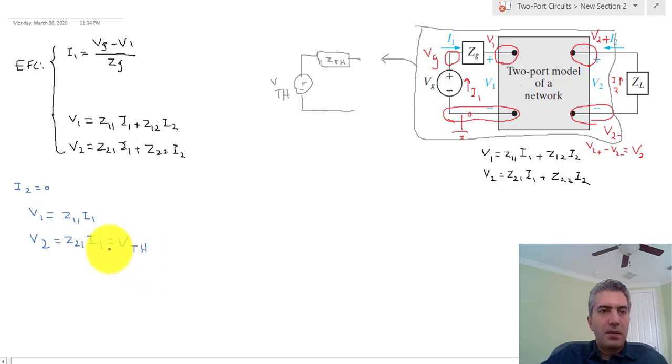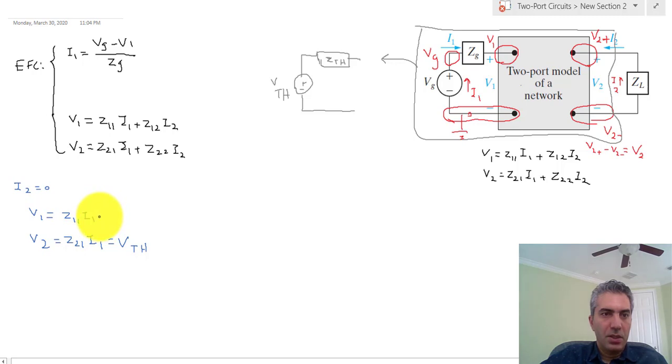Okay, that said, I'm going to use I1 in this equation and this equation and calculate V2 as a function of Vg, and I'm done. So from